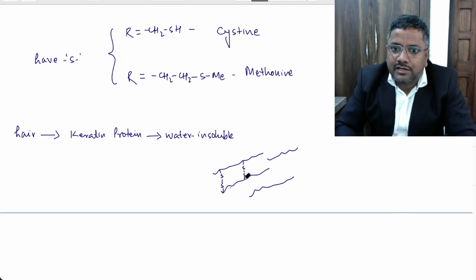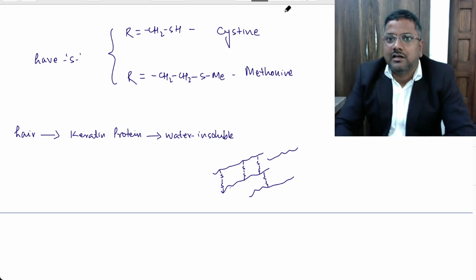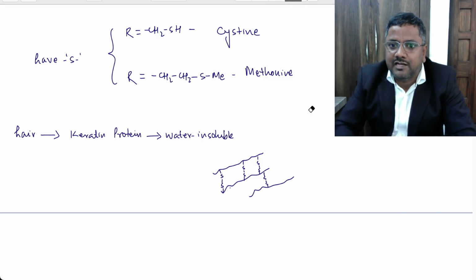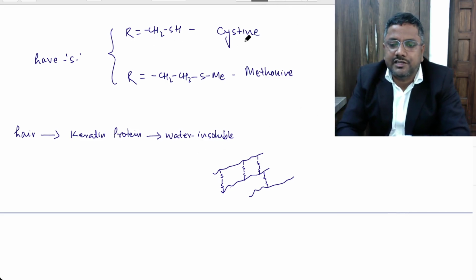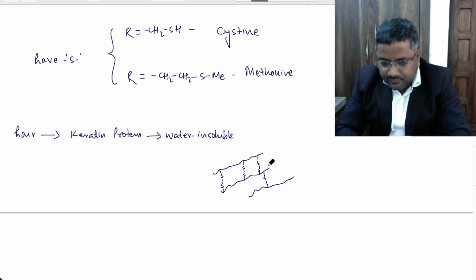So if your hair is rich in disulfide linkage, then it becomes curly. So curly hair has this chemistry, that they have this cysteine alpha amino acid in their hair,